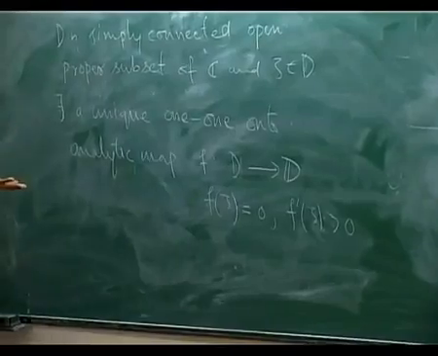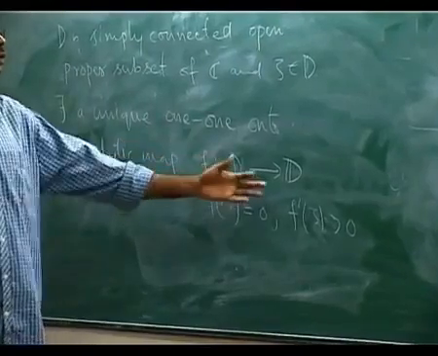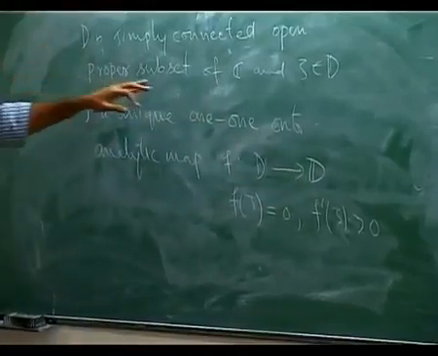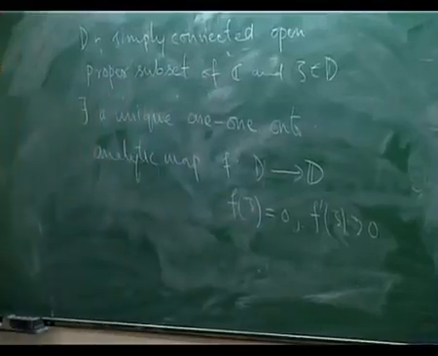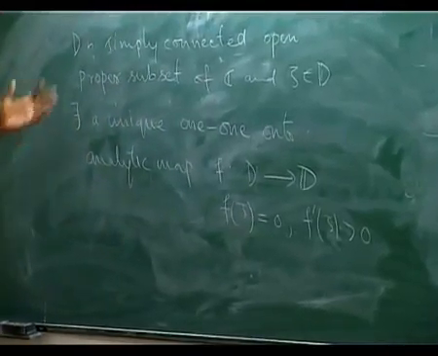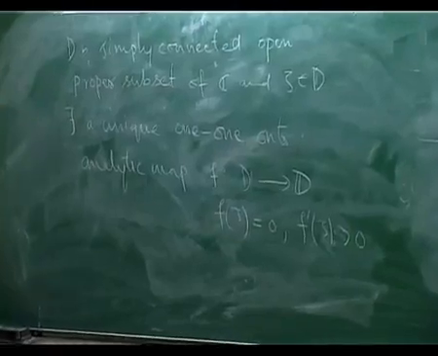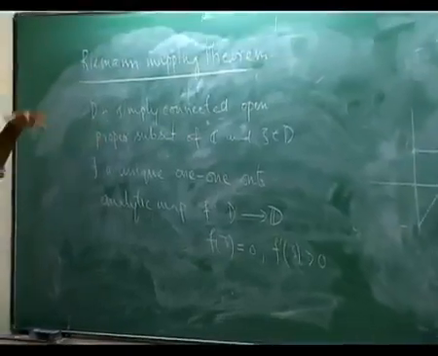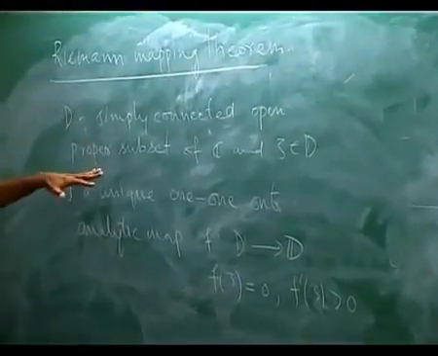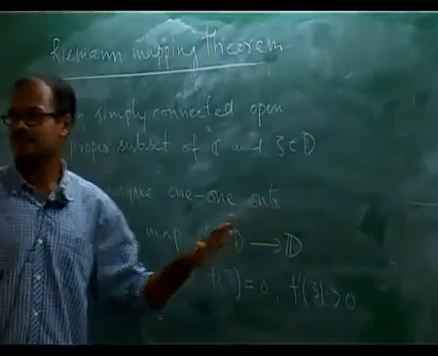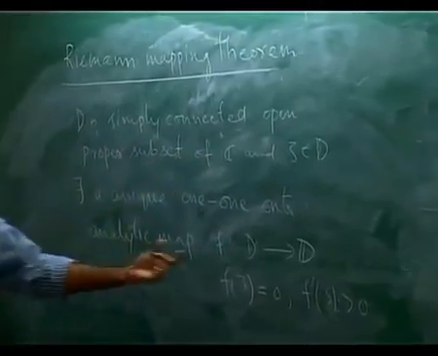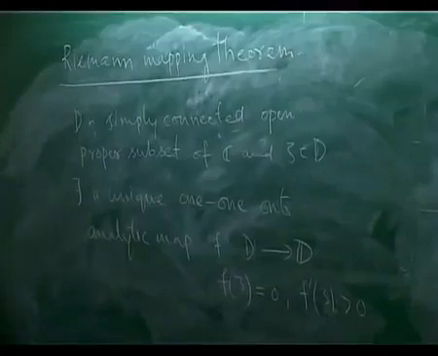So it is enough to consider this. This works for proper subsets of C. If it is C or C hat, C union infinity, then you have to consider those separately. That's why we considered C as well as C hat. But for any other proper subset of C, you just need to consider the unit disk. So that's why it's quite a powerful theorem. Whenever you want to consider the automorphism group, you just have to focus on the unit disk.